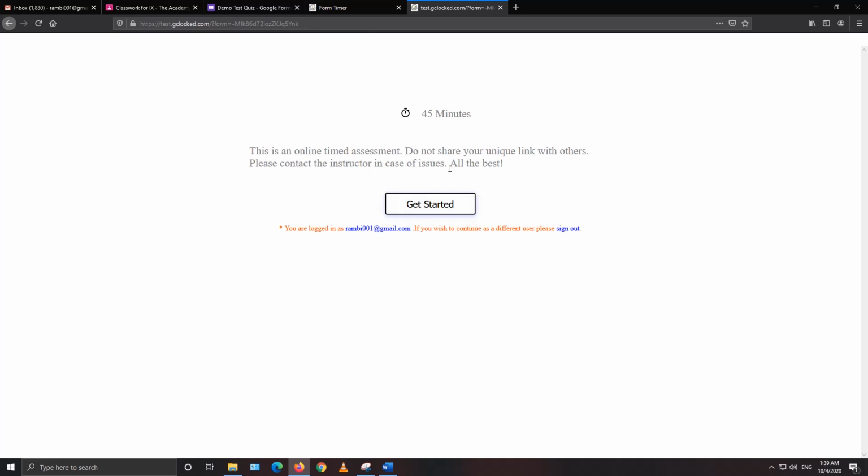Okay, remember, you have to attempt the test with the ID you have made the paper with. No other ID will be doing the test the first time. It will not be allowed. So if you have made the paper from your official The Academy ID, you have to attempt this test from your official email ID as well. I made this test through this email address, so I have to attempt this one firstly from this email address. So here I can see that 45 minutes time, and once I press get started, the time will start ticking.